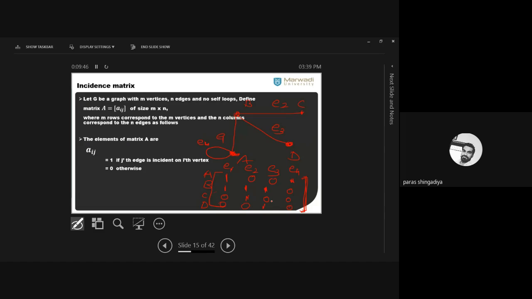But now we consider this condition for the vertex and edge relation. As we know, every edge has 2 endpoints, starting and ending. So if you observe each column, it has two 1s. And the last column has only a single 1. So therefore that is a mismatch. Therefore this concept is used for graphs without loops.